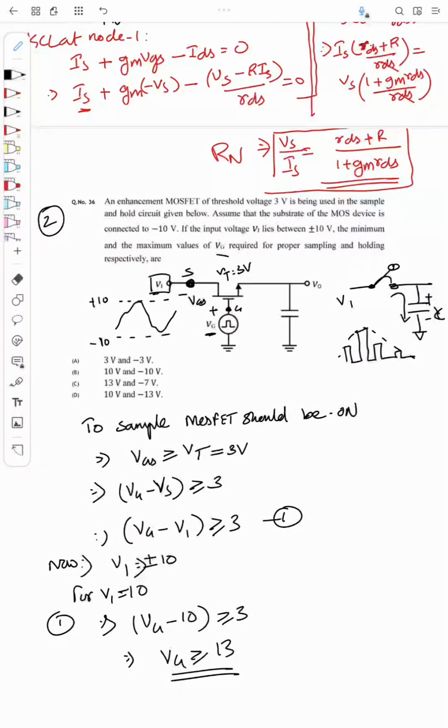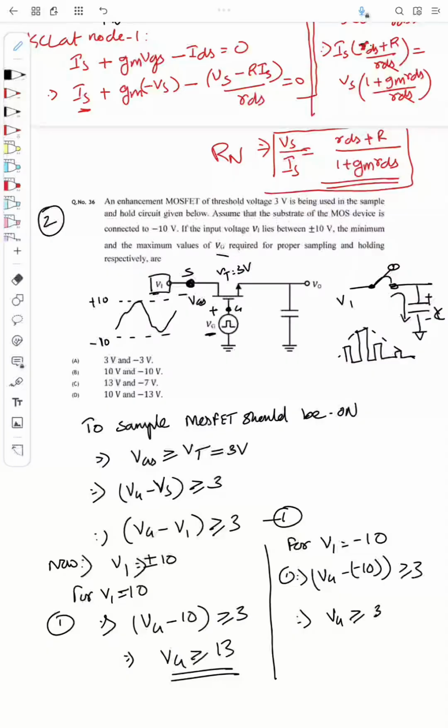Okay, similarly for V1 equal to minus 10, right? Equation 1 I can write as Vg minus (minus 10) should be greater than or equal to 3. Okay, for proper sampling, Vg is greater than or equal to 3 minus 10, or Vg should be greater than or equal to minus 7, which means